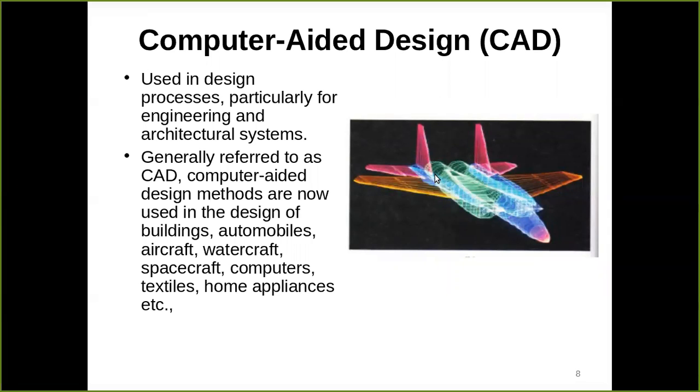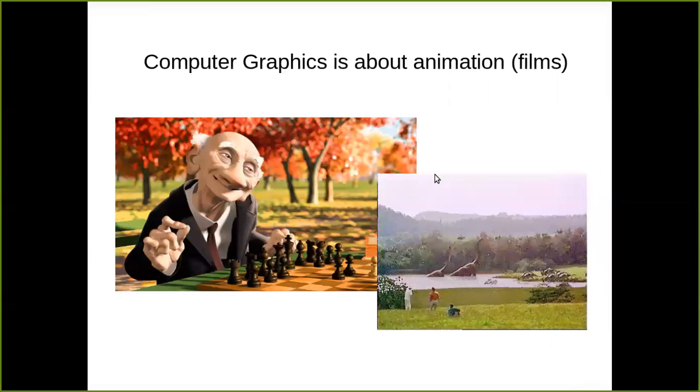See the film aspects, this type of graphics. Suppose some director has some imagination and wants to put this imagination into images. Computer graphics will help to turn this imagination into reality, not exactly reality, but in terms of images. Some of these things are not possible in current time, but they can be computerized or designed through computer graphics. So scenes can be designed. In film, computer graphics plays a big role.